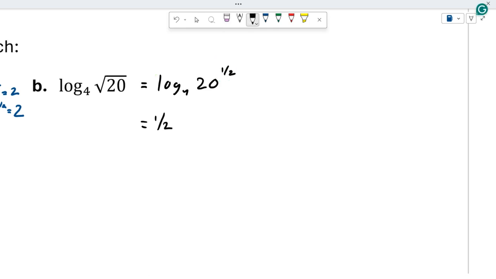That 1/2 is going to come down and get multiplied to the logarithm of, now it's just 20, no longer root 20, 20 base 4. I'll keep my 1/2 there for now. So I've got the log of 20,